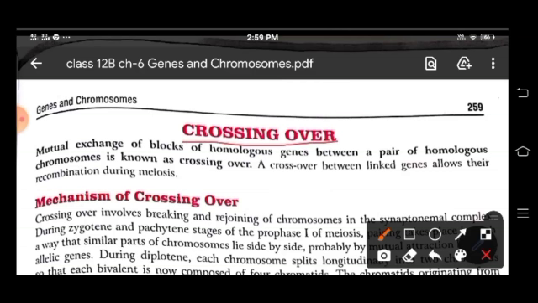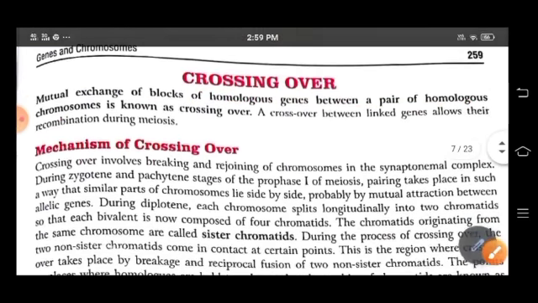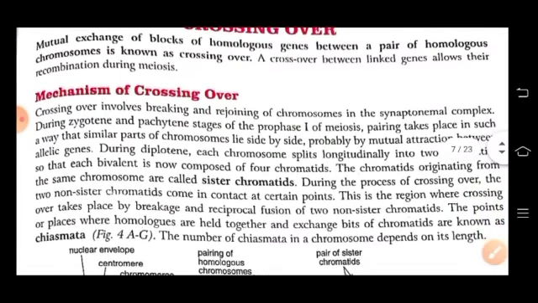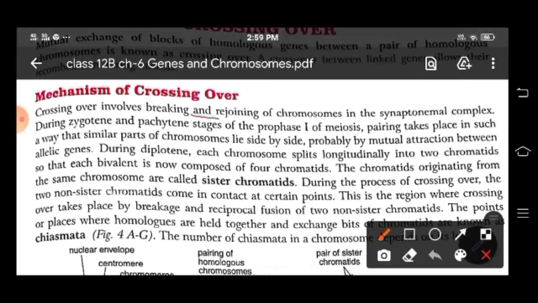So crossing over means the mutual exchange of blocks of homologous genes between a pair of homologous chromosomes. It allows recombination during meiosis. So how does this process of crossing over take place in an animal or an organism? It involves the breaking and rejoining of chromosomes in a